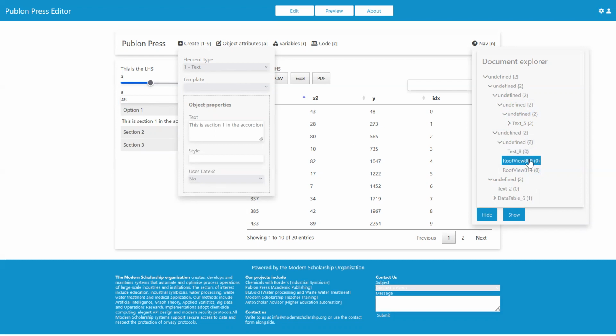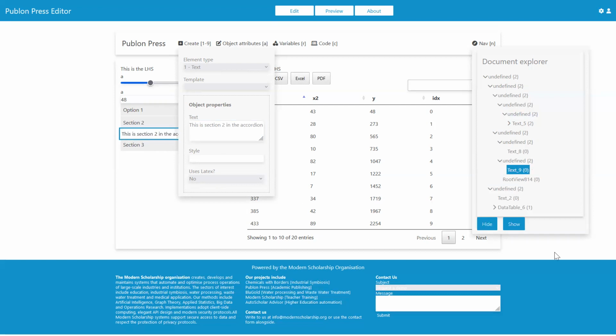Now let's go to the other element of the accordion. Now we've clicked here, which is the part of the accordion that we want, but it's currently closed, so we need to open it up. So now we can see that outline there. So we can say this is section 2 in the accordion. Again, Shift Enter. And for section 3,